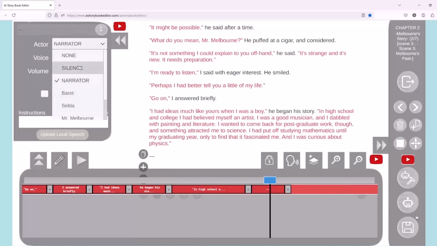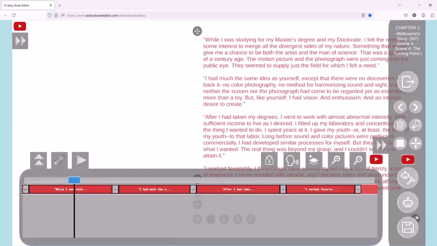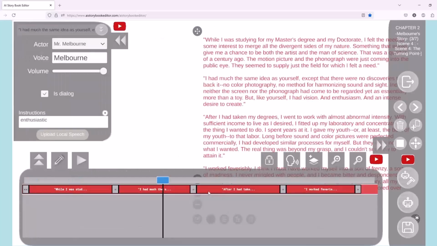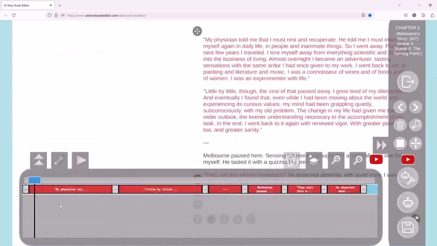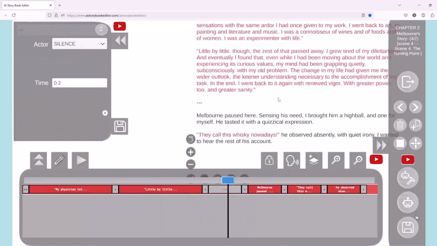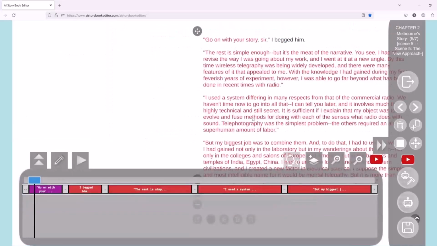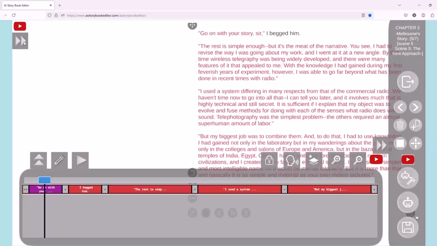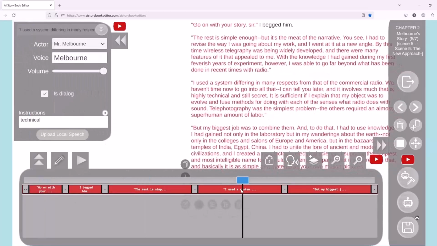This is silence. Okay, so this is Melbourne explaining about his life. Okay, this is silence. Melbourne. This is the protagonist, that is Barrett. The rest is Melbourne,